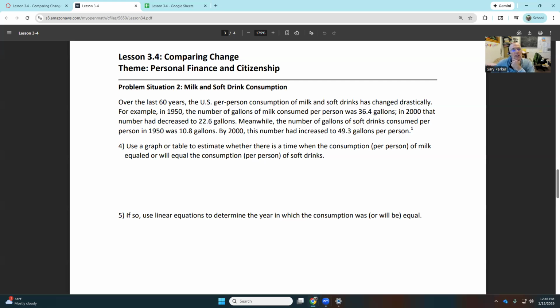So over the last 60 years, US per person consumption of milk and soft drinks has changed drastically. For example, in 1950, the number of gallons of milk consumed per person was 36.4 gallons. In 2000, that number has decreased to 22.6 gallons. Meanwhile, the number of gallons of soft drinks consumed in 1950 was 10.8, and in 2000, it was 49.3 gallons